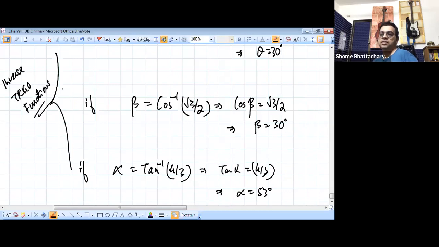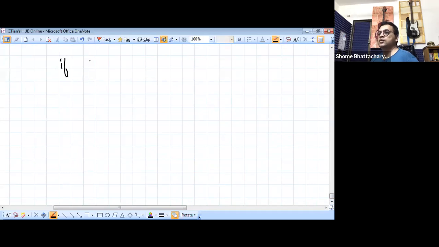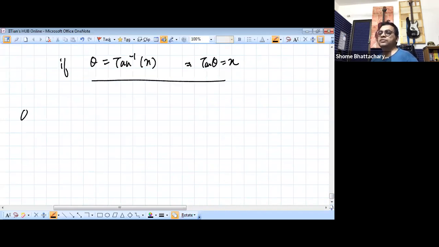Inverse trigonometric functions is part of a larger topic in maths which you will study, but we just need to understand this meaning right now. If something is tan inverse of x, then x becomes tan of that angle. If theta is equal to tan inverse of some value, it means that tan of theta is nothing but that value. Okay. So now with this meaning, let's understand question number 15. So question 15 is telling us